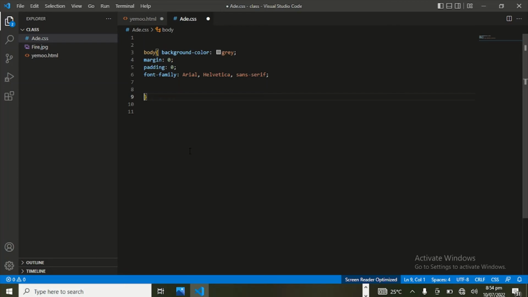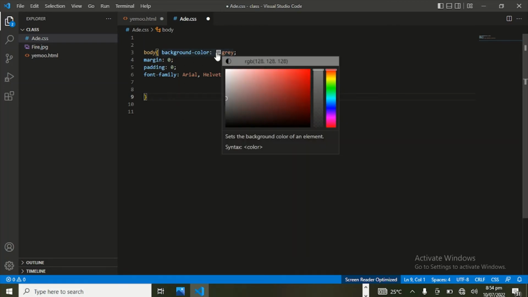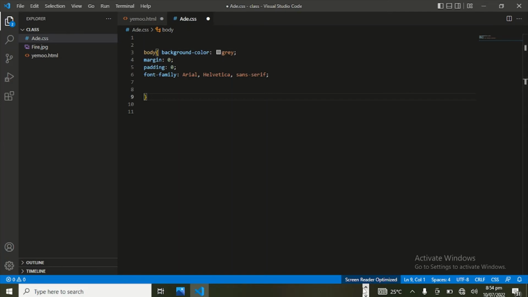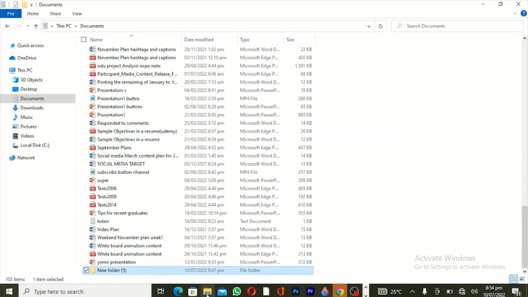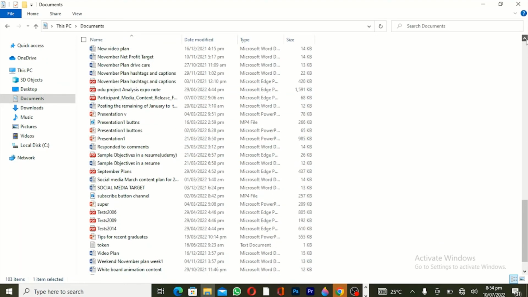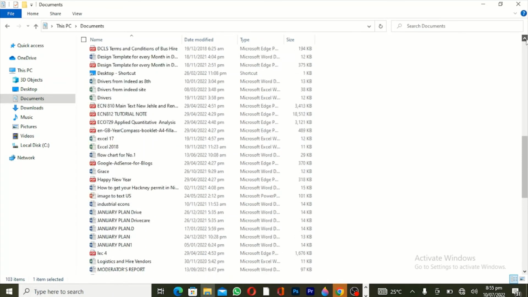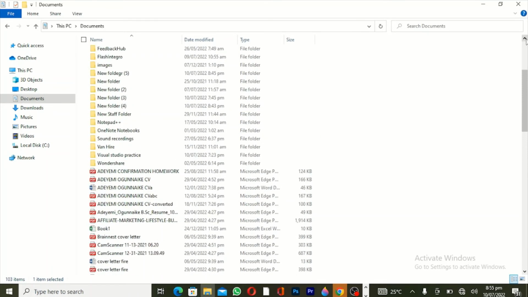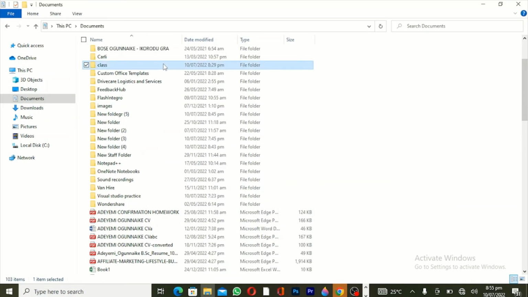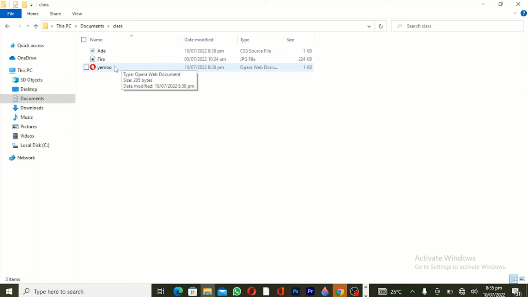So let's check if this is even gray. I named my folder class. So we'll check out where I named my folder class. Then I saved my html.html. So I'll just click on it. Yeah, so you can see it's in gray color. So we are moving on, we are progressing. Yeah. So the next thing now is that we are going